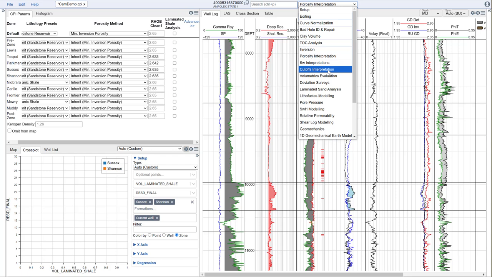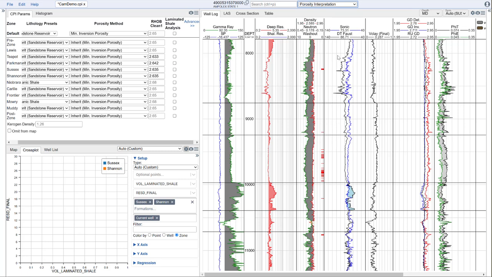Now, in order to do this, you would need to go to your porosity interpretation module, and you'll notice there's a new parameter there called laminated shell analysis. And in this case, we're going to apply it to two formations, the Sussex and the Shannon, and we are going to activate it for those two